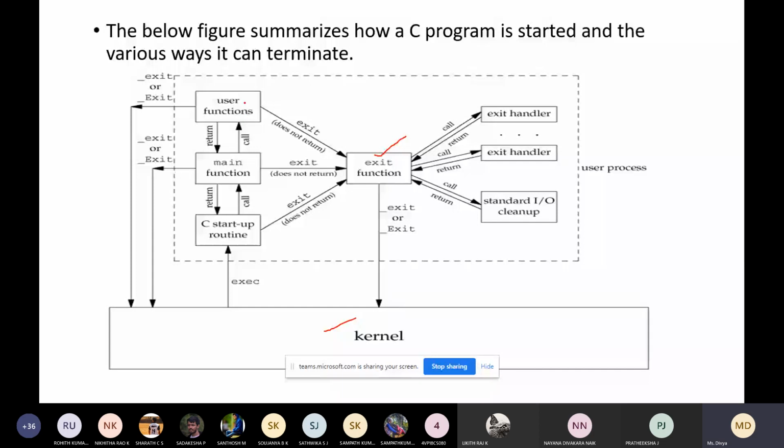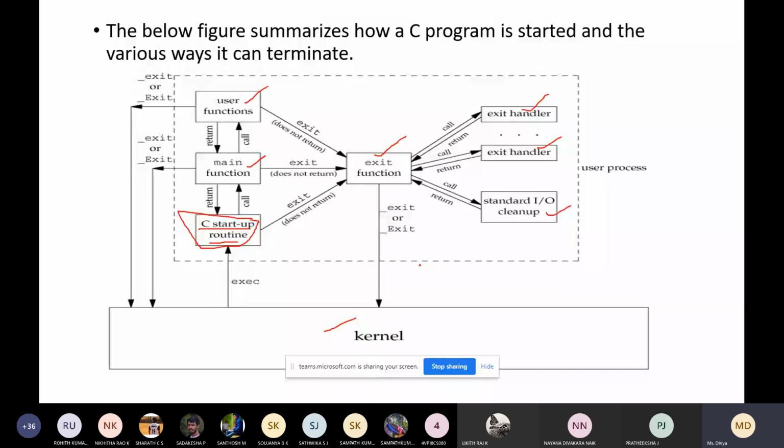We have some user defined functions, the main function, and before executing main there is a C startup routine, which is built in and needs to be called by the kernel, and these are exit handlers.